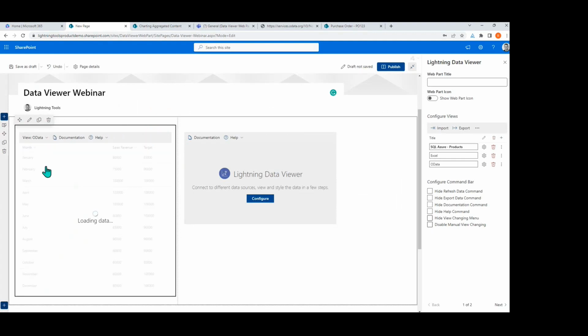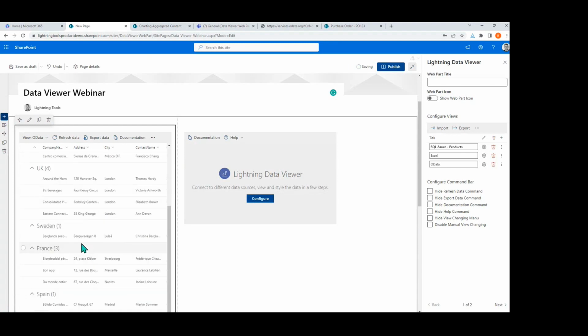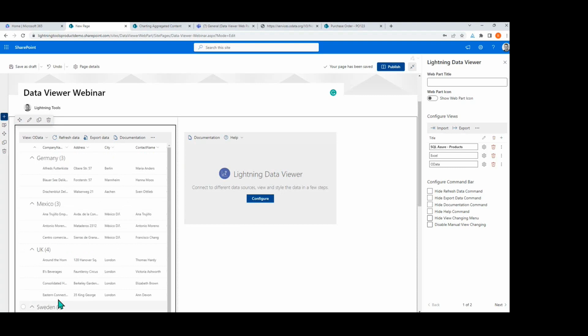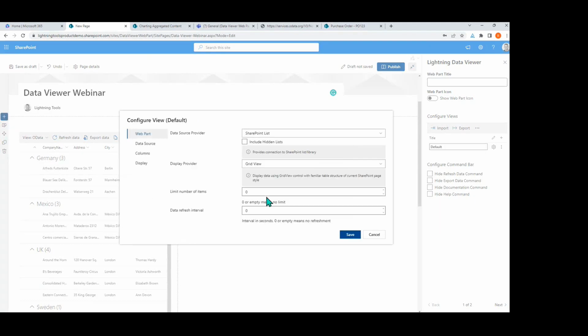So we're going to click onto this OData one, and here's all the customers that are now grouped by country as we set it, and I've got that ability to go through and select rows, which isn't doing anything yet because we're not consuming that connection anywhere. So I'm now going to get into the second instance of the data viewer, and we're going to configure that